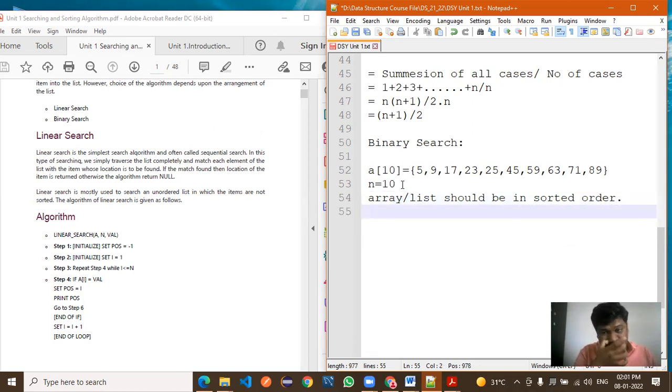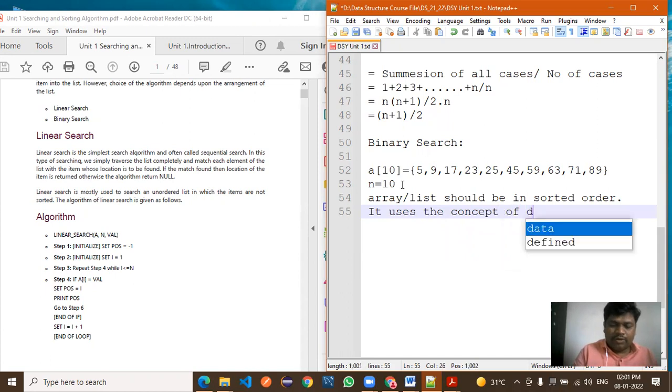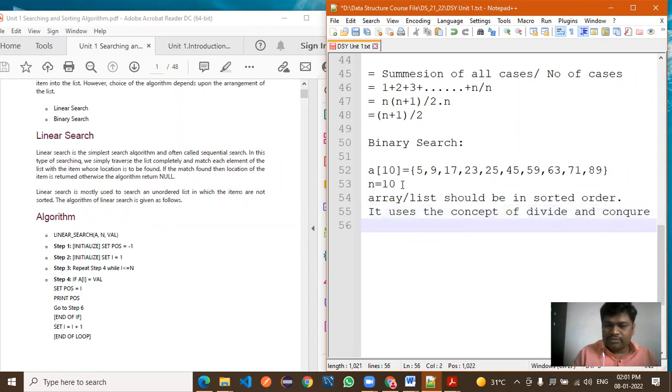Array or list should be in a sorted order. And this binary search algorithm uses the concept of divide and conquer. Divide and conquer method, or approach.